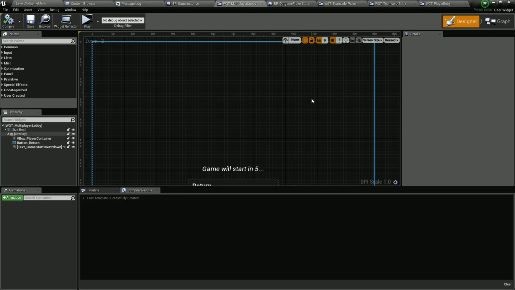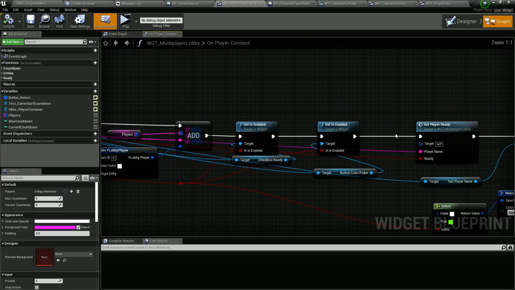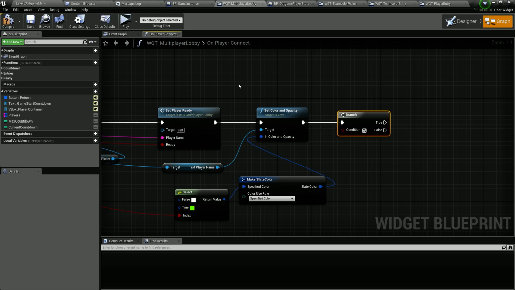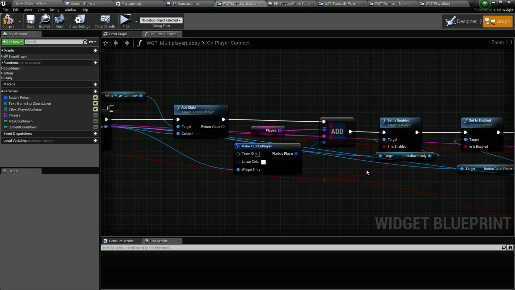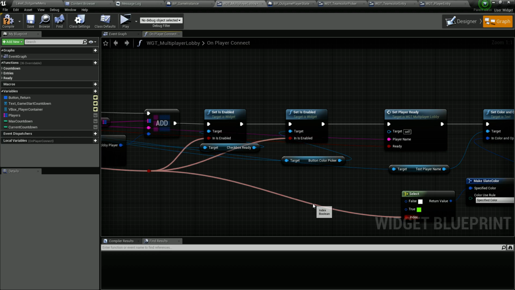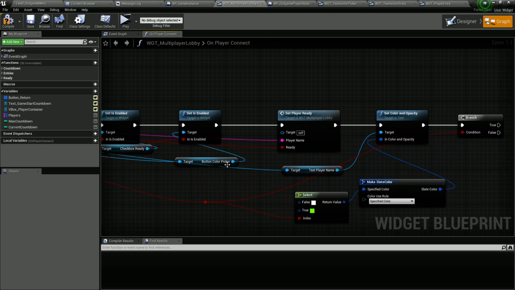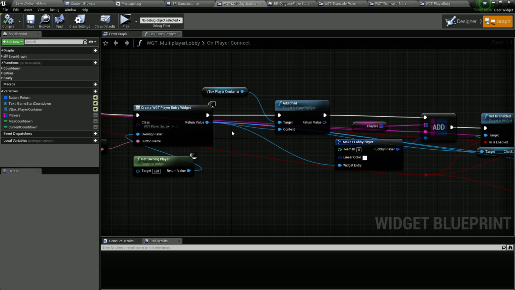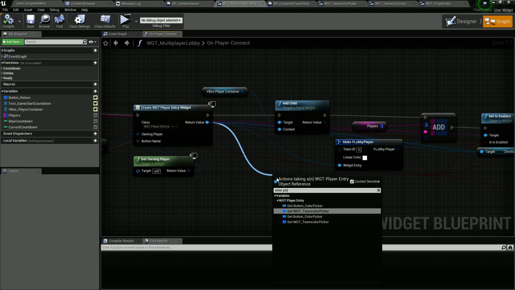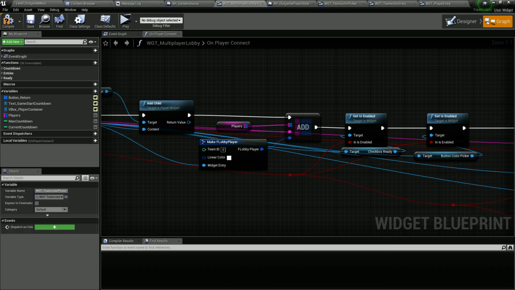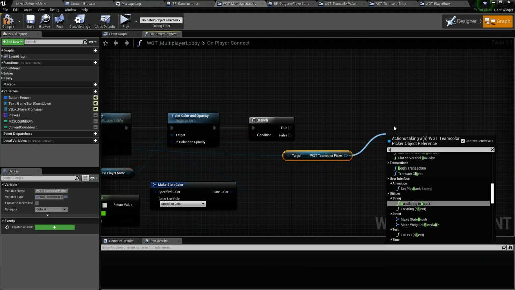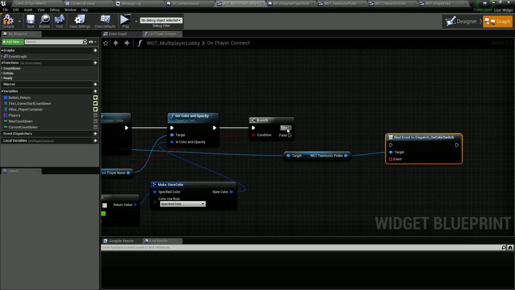The multiplayer lobby is actually creating entries for players, and if we are self, we are going to grab the color picker of that entry, and we're going to bind ourselves here,